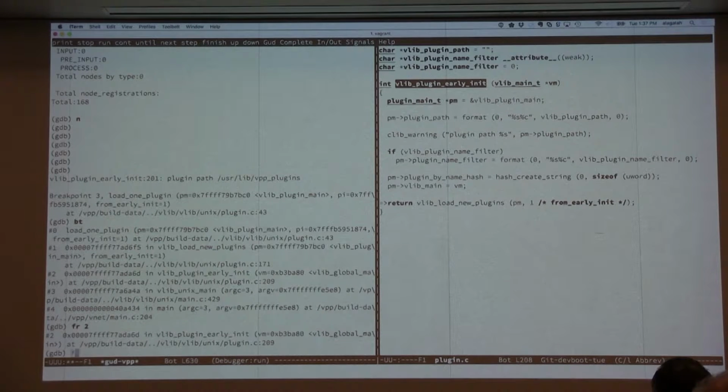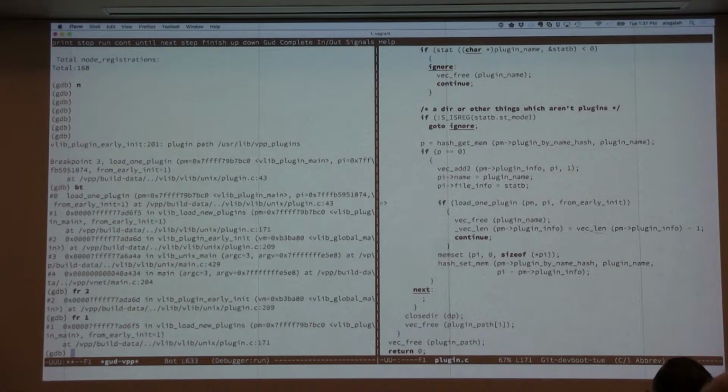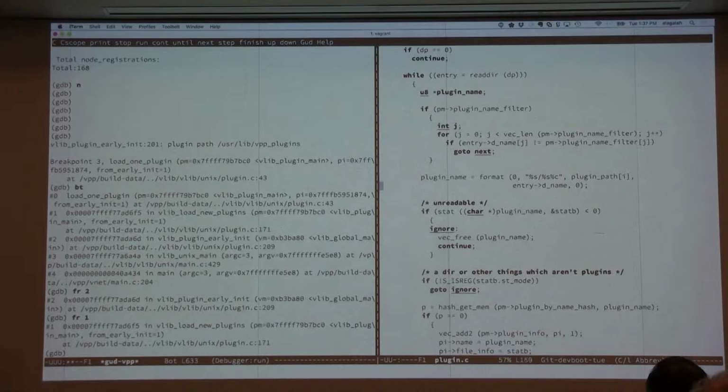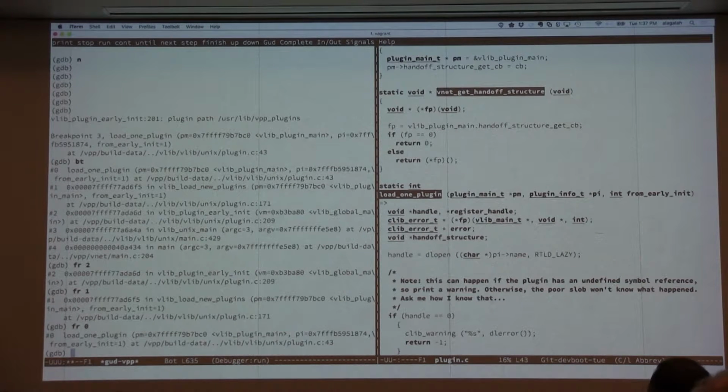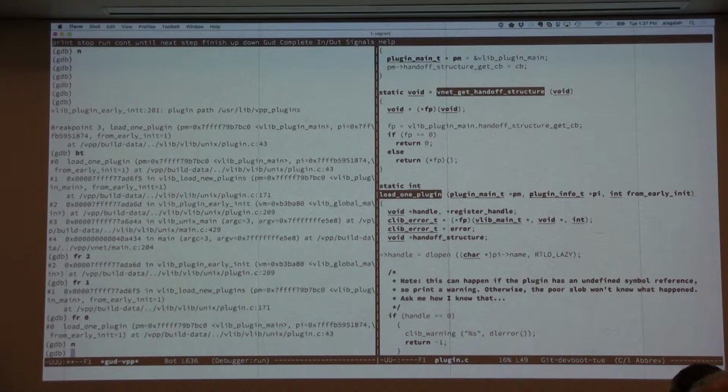From here, if we go to frame 1, which is calling vlib load new plugins, we walk that directory structure and pull together a list of files, and then from there call load one plugin. And this is where stuff really happens, right? So it flags that it's from early init. And here we're in load one plugin. So before we call dlopen,